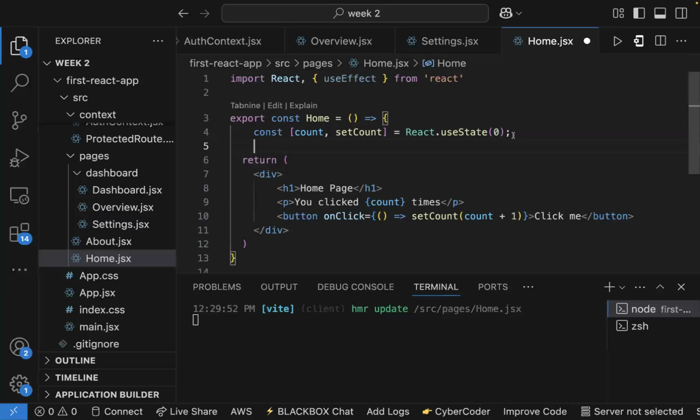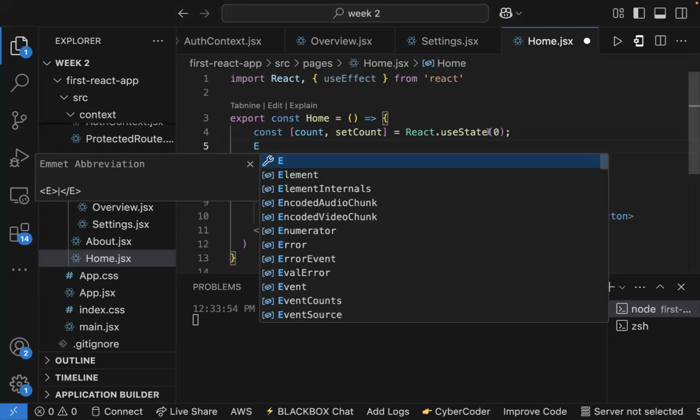So let's go ahead and write some code. Basically, useEffect is like the brain behind side effects in your application, okay? So let's say we want to write a simple